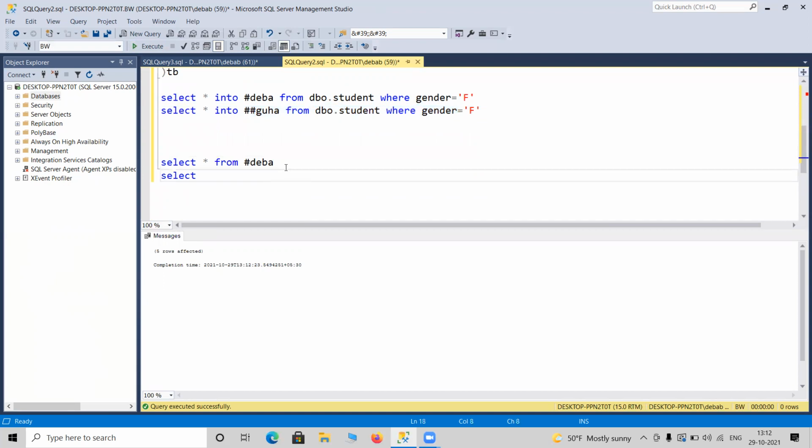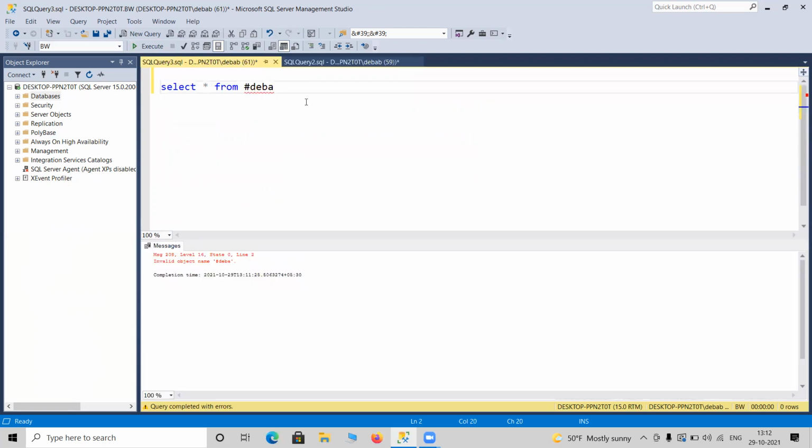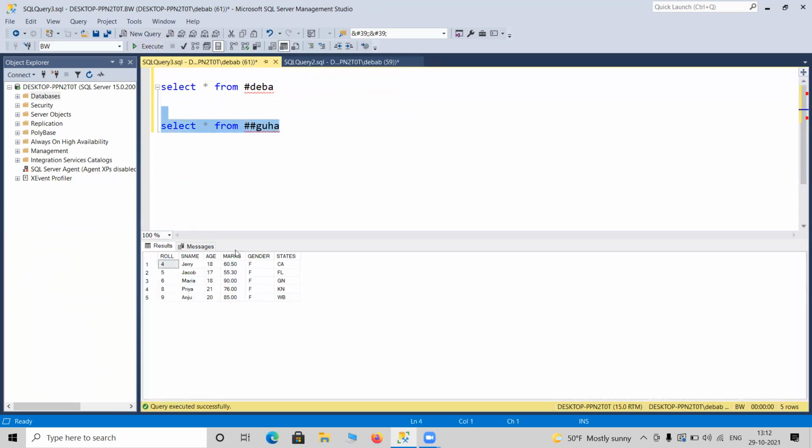Let me take a look at what the type of data is, and whether everything is right or not. Let me write Guha. So it is also a temporary table. Yeah, I can see the data. But for a global temporary table, you can see the data from a different session. If I run this query, it will be coming from a different session. But if I close this connection somehow, suppose I disconnect and connect again, the data will disappear. Whenever I close SQL Server, the connection will be off and the data will disappear. So that is the rule of a global temporary table.